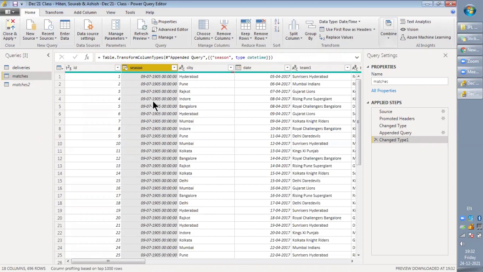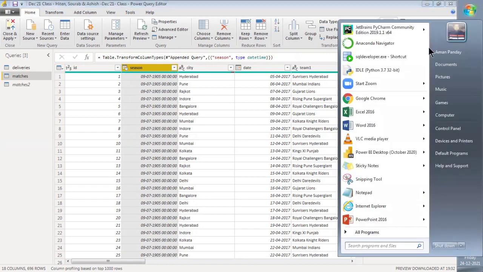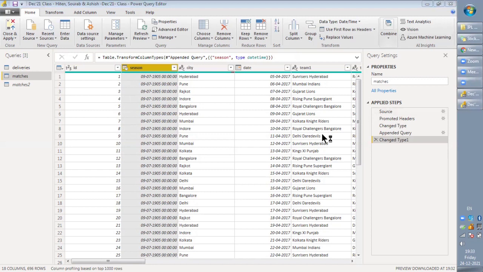I'm not sure whether you know or not, but Excel, Power BI or any other tool, they store the date as a number. If you feed in today's date, then that date will be stored in the system as a number. If I take 24/12/2021, then it will be stored as a number. Let me just show you a small example on Excel, to convey what I want to say.